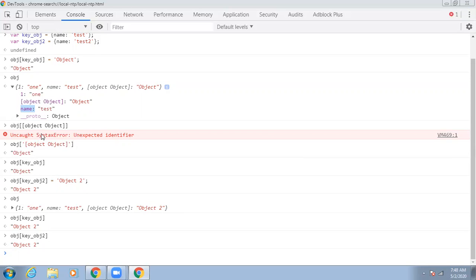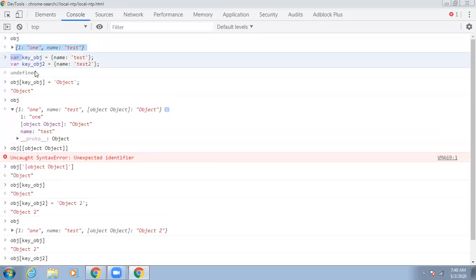When you're trying to store an object as a key into the object, every property of a key is going to be converted into a string, and then it is stored in the destination object.